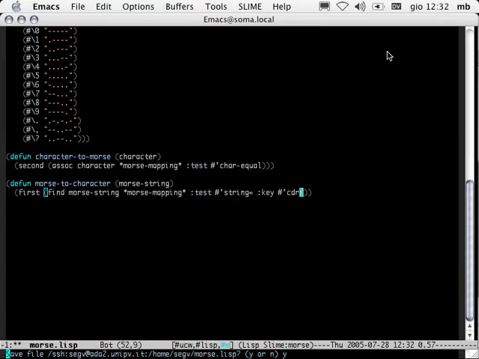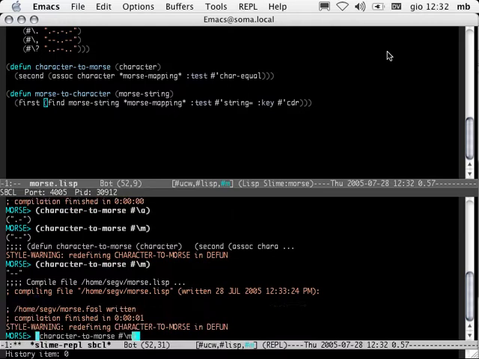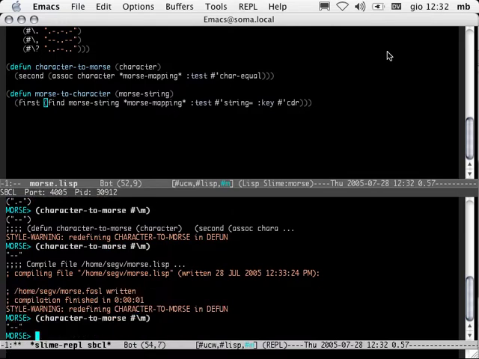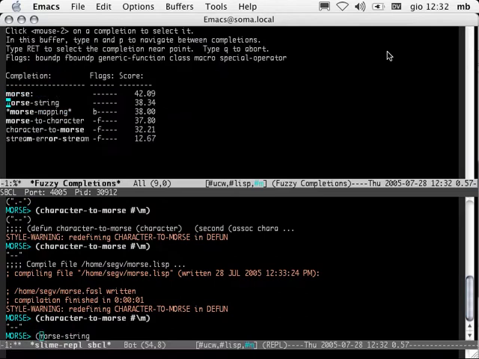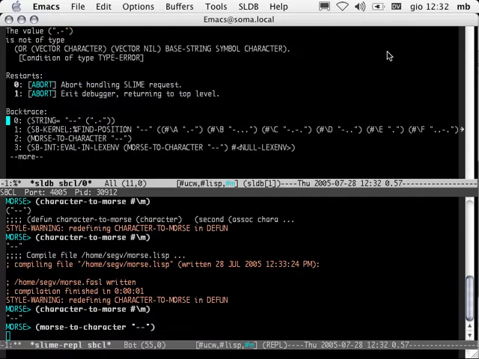Let's compile the whole file. Let's go back to our REPL. Let's test character-to-Morse to make sure it still works. Now let's test Morse-to-character. And let's pass it "--". The value "--" is not of type. Well,